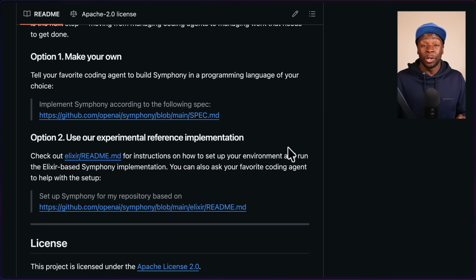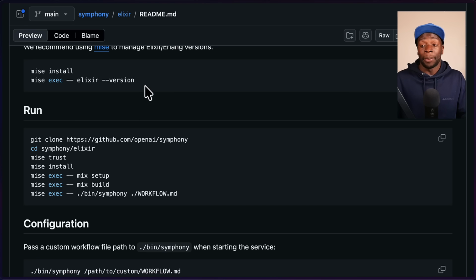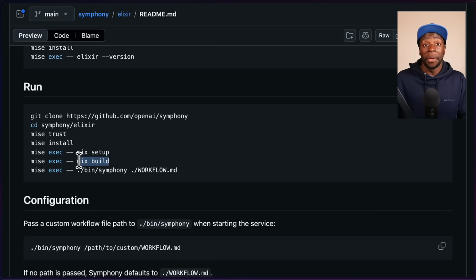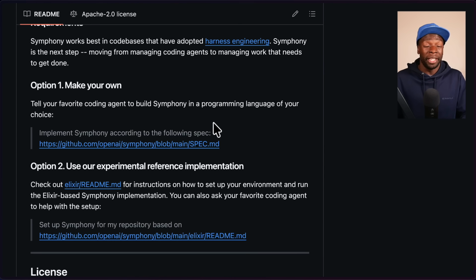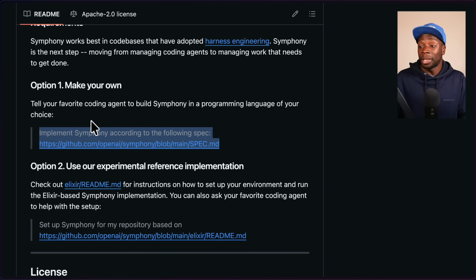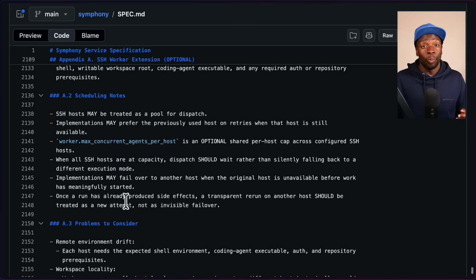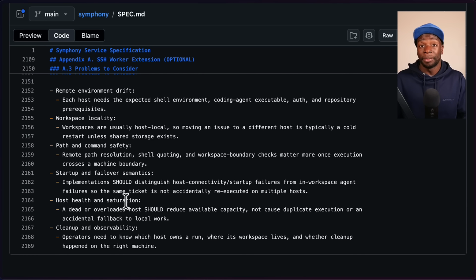So there are 2 ways to install Symphony according to this repo. Option 2, which is what we're used to, we set up Elixir, clone the repo, then build the code and run it using the existing workflow file. Option 1, however, is possibly the weirdest or most forward-thinking way to install something. You just basically give your coding agent this prompt and it will read this spec file, which is more than 2,000 lines long, but it basically gives your agent detailed instructions on how to build Symphony,